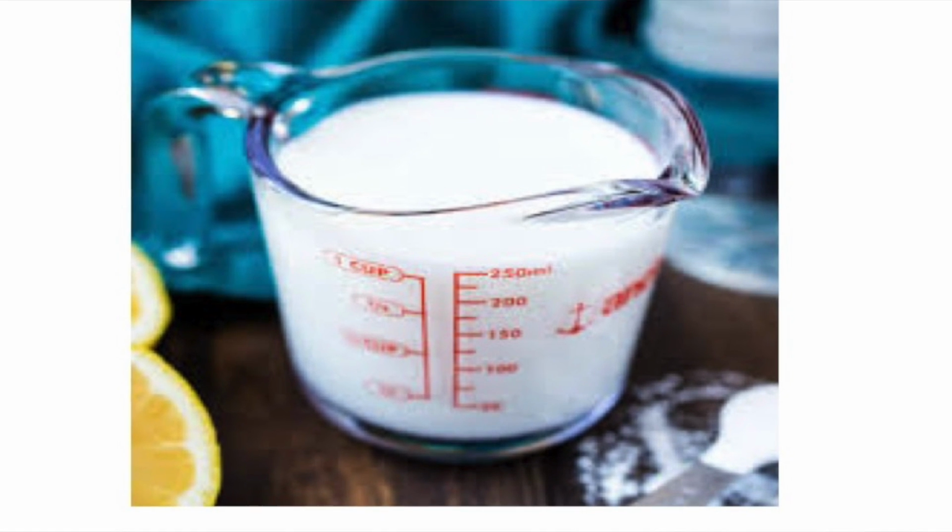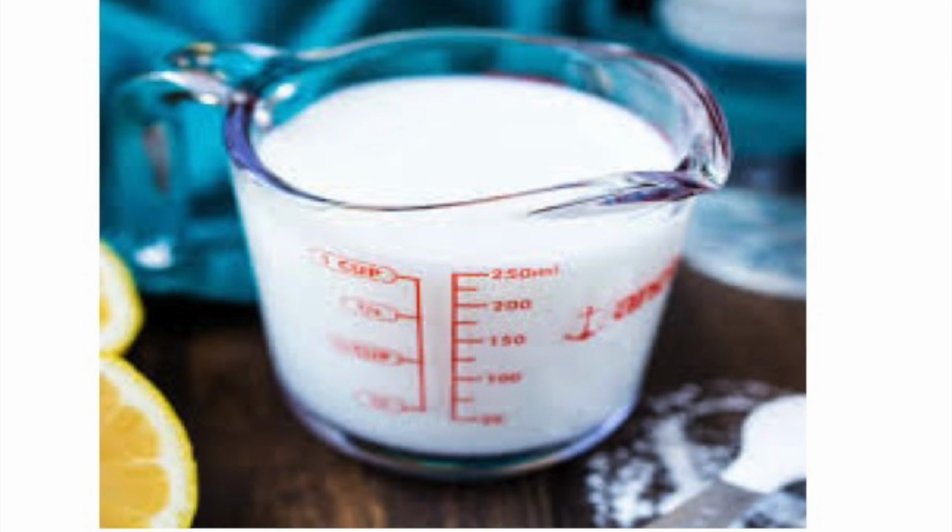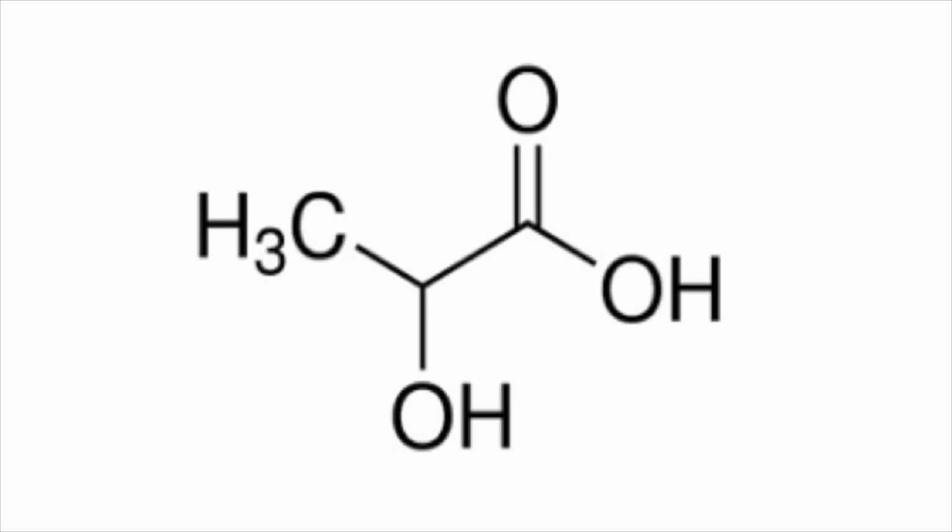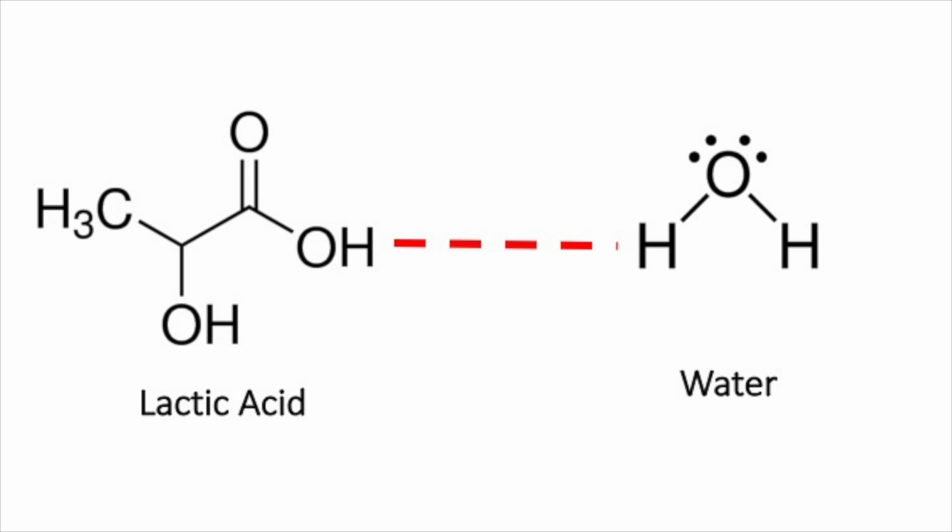Our next example is buttermilk. The main contributor in buttermilk that accounts for its properties is lactic acid, and lactic acid basically acts like a weak emollient because it has a carboxylic acid group which will hydrogen bond and attract water towards it, but it also has a slight chain with the CH3 group, so it acts as a very weak emollient in its